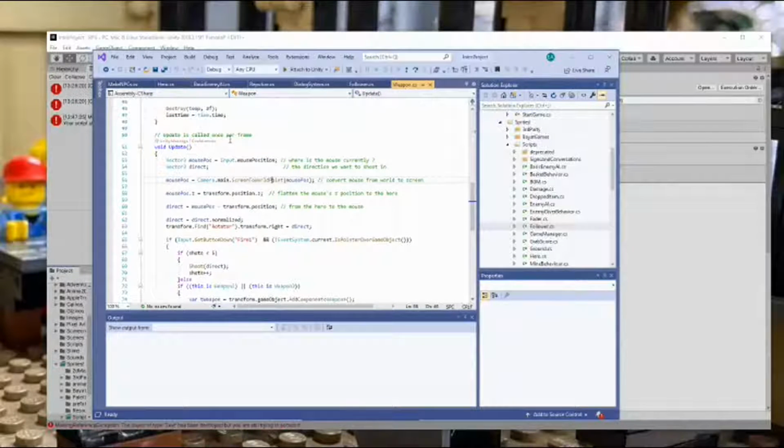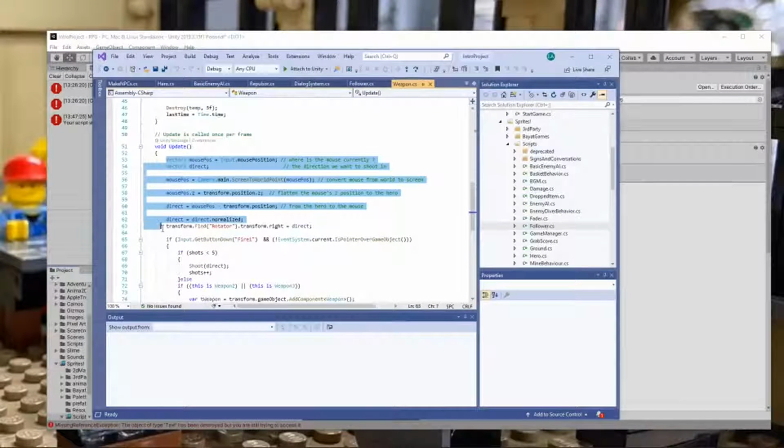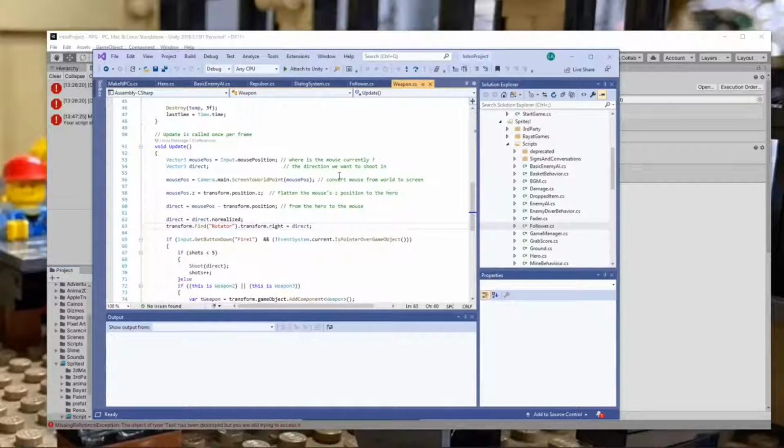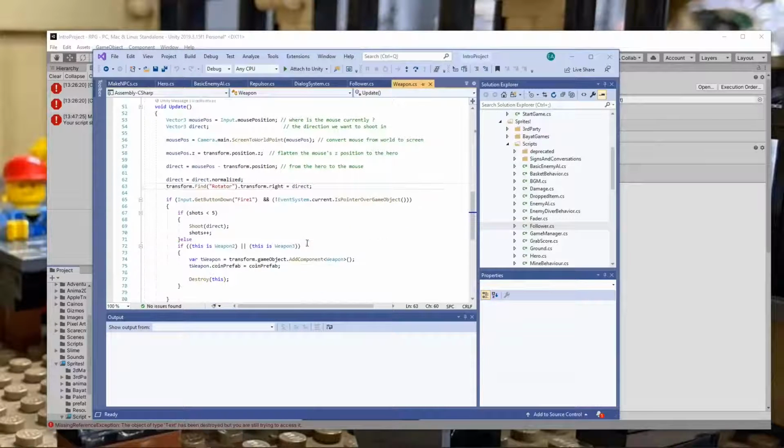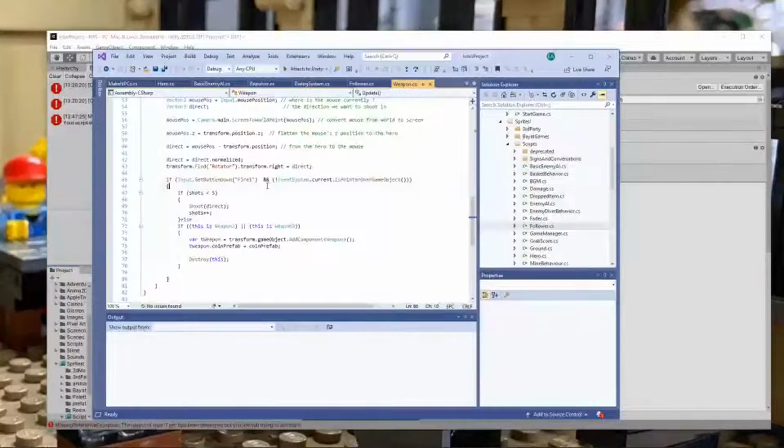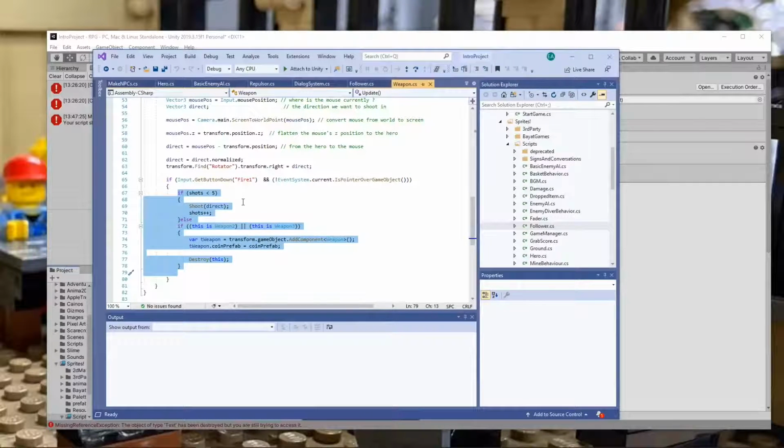This is where it decides how you fire the weapon. All right, so it does a little bit of work to figure out where I'm going to aim. It will basically aim the weapon, so look at our mouse position and so on, and figure out what direction it should shoot in. And then here's a fancy part. This just makes sure if we are clicking on the dialog box, we don't accidentally fire. So as long as we're not clicking on anything in the UI system, we can shoot in a certain direction.